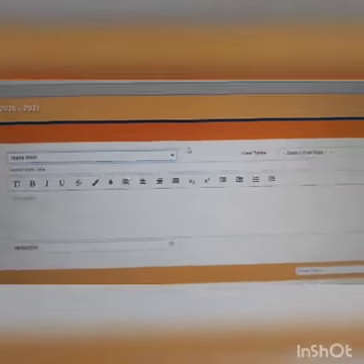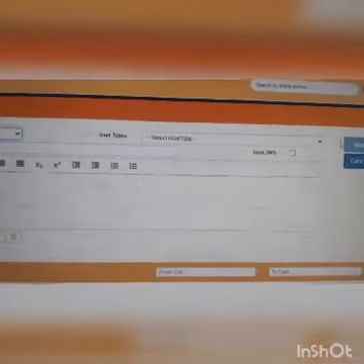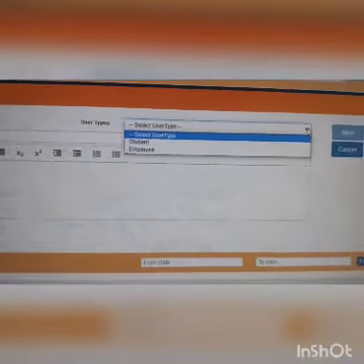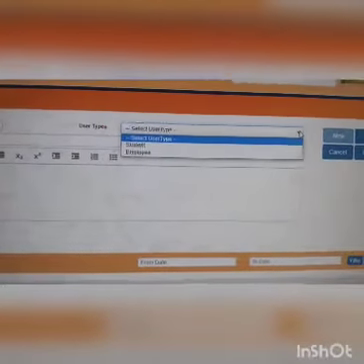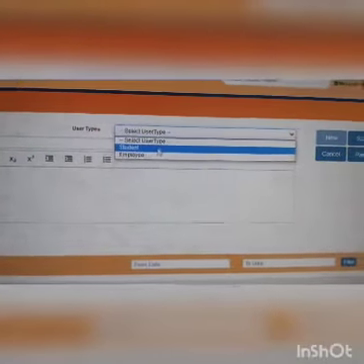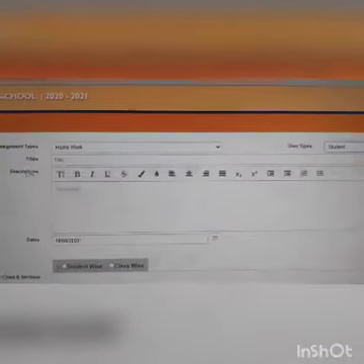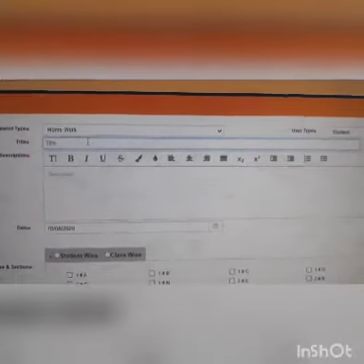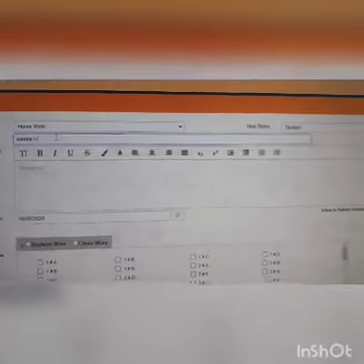Fine. Then you have to select the user type for whom you want to upload this, either the student or the employee, that means our co-teachers. So I take student. Now next I have to give the title to my work. Say I am giving them weekly worksheet. So I will simply type weekly worksheet.